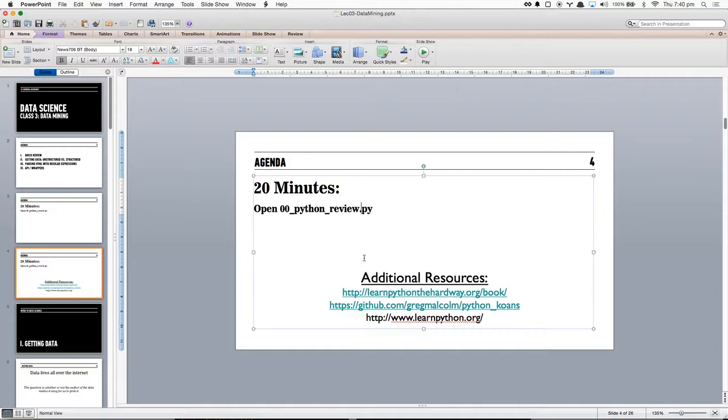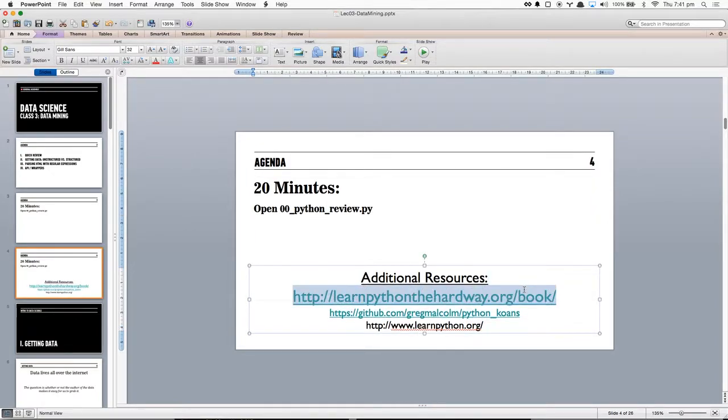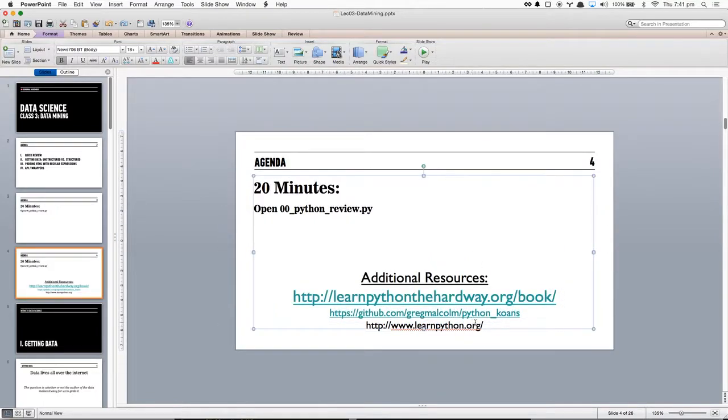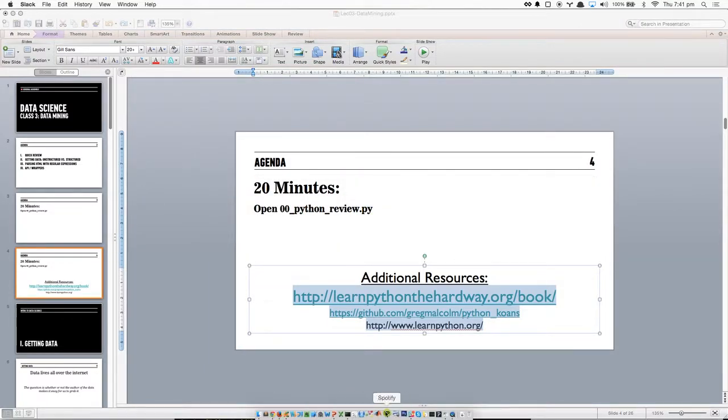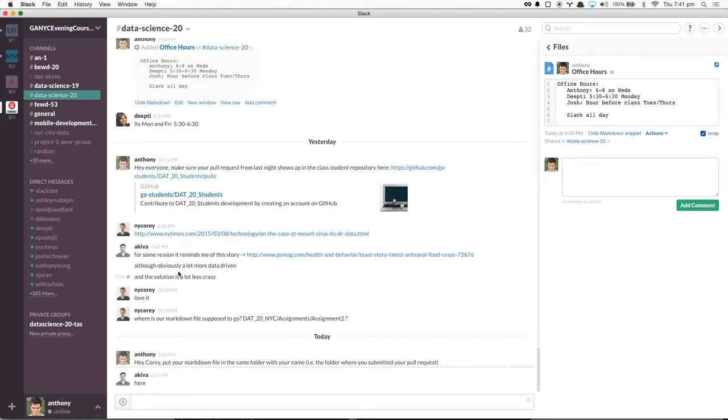As was mentioned in your course intro packet, and in the course README, there are a bunch of great resources to learn Python, and I would strongly recommend that those of you particularly new to the subject review each of these materials and, if possible, complete them. The most popular is this first one, Learn Python the Hard Way. I'll send these out on Slack right now, but this is just for your own benefit, because this stuff does take time to learn, and it's not stuff that we can commit a lot of time in class to learning.